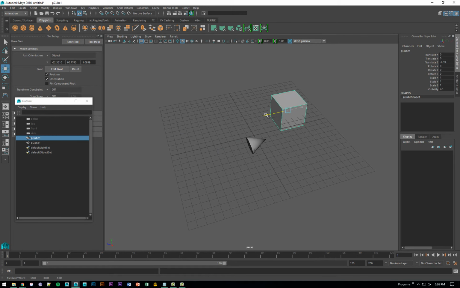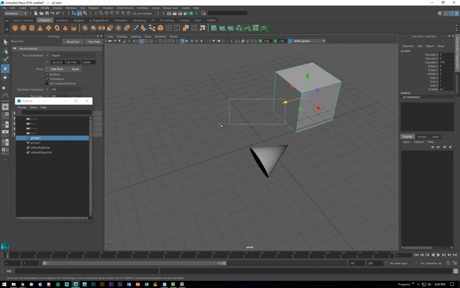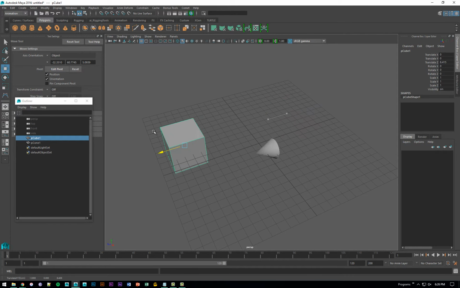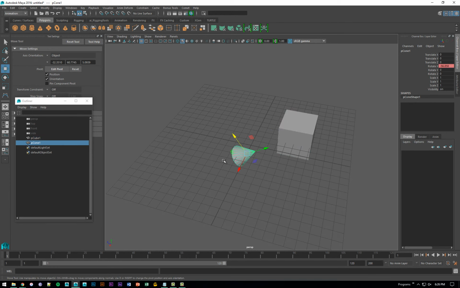When I translate my cube, my cone pretty much rotates with it. That was very simple, wasn't it? This is automating, in a way, the motion of my driven object with respect to the motion of my driver, which is fantastic. Just in case you're wondering what if you wanted to delete this particular relationship,